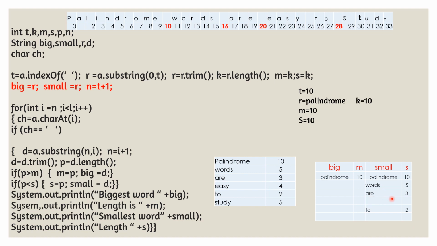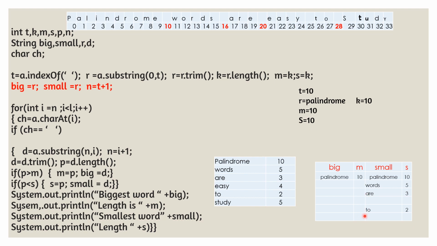So we got the second smallest word here. And the next word, EC, length is not small, so no change. And when we come to the variable 2, 2 is less than 3. So P is less than S. Here the length of the word is P and S is now 3, P is less than S, then once again S is equal to P. That means 2 will come here and the word will go to small.